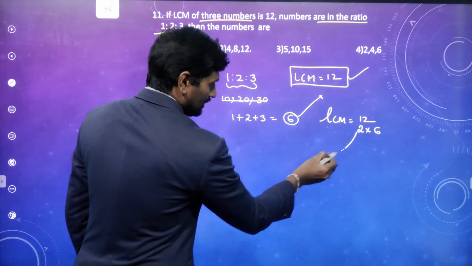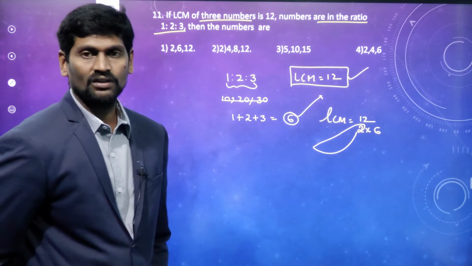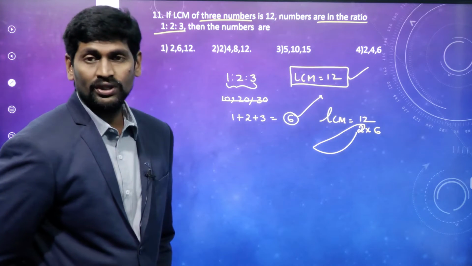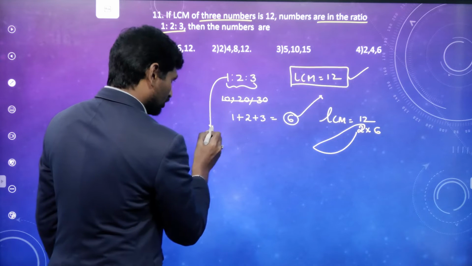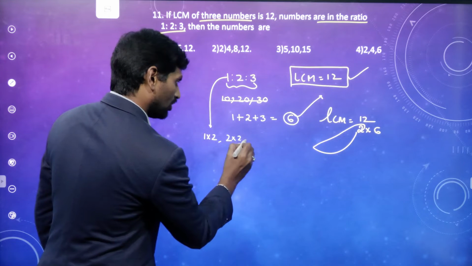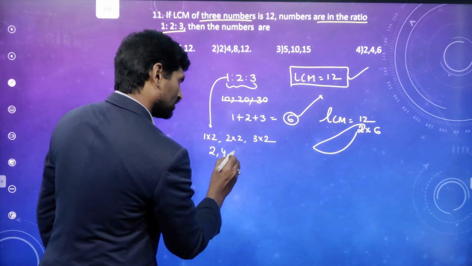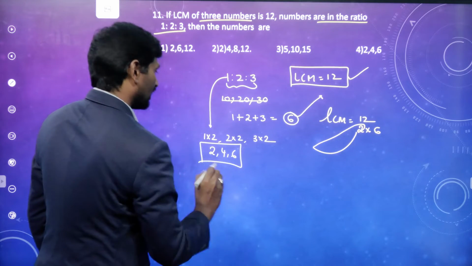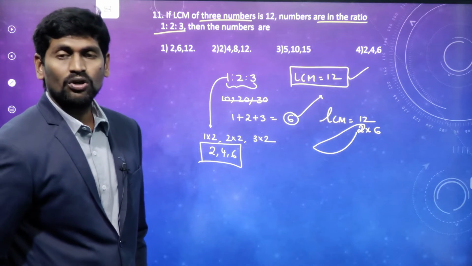Now, here we can identify that 2 is a common factor. So, let us multiply each number with 2. 1 2s are 2, 2 2s are 4, 3 2s are 6. So 2, 4, 6 are the required numbers which give the LCM 12 and follow the ratio